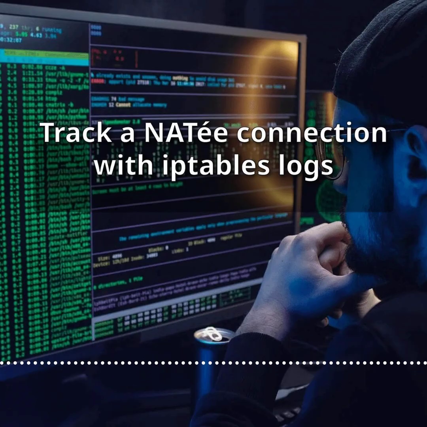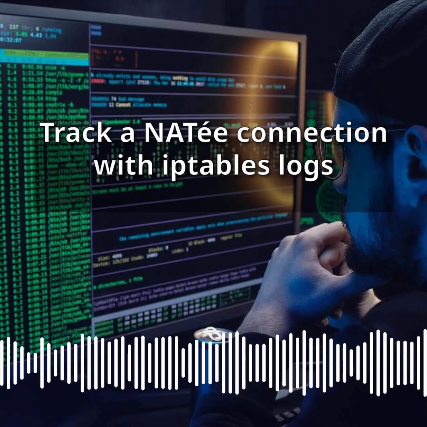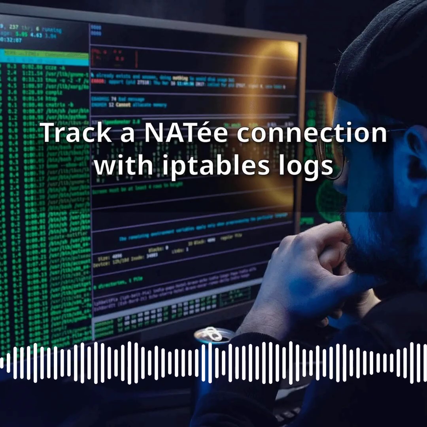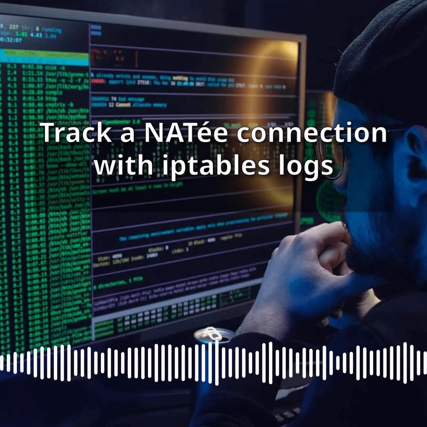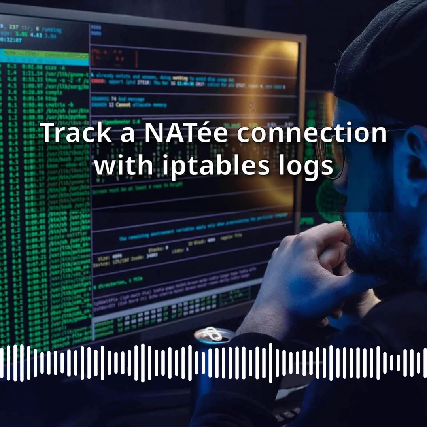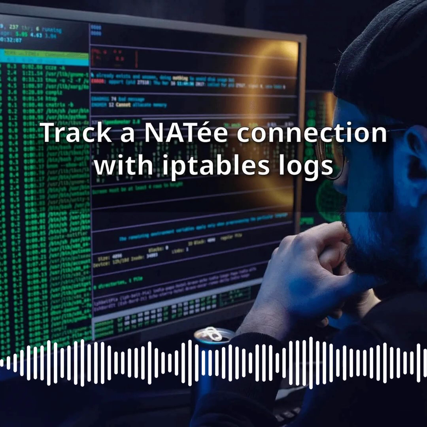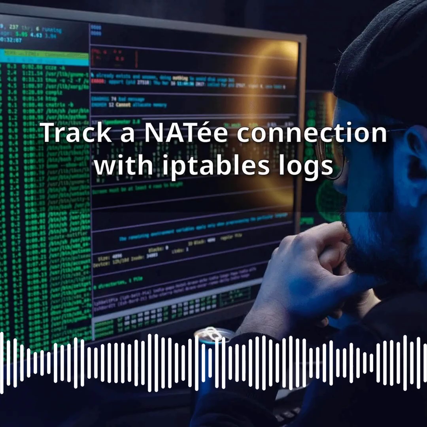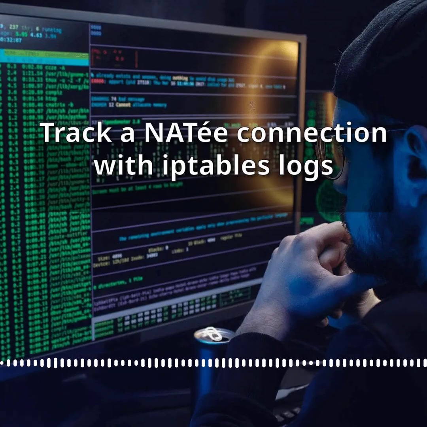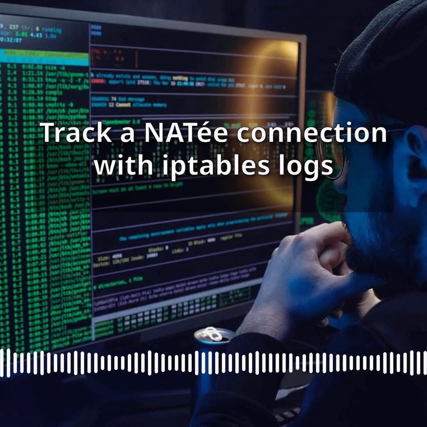Workshop brief. This workshop places you in the role of a junior network security analyst who must prove they can trace an end-to-end connection through a NAT gateway using nothing but Iptables log entries. The ability to correlate pre-NAT and post-NAT addresses is a fundamental skill in network forensics, firewall auditing, and incident response, all of which appear directly in penetration testing engagements when you need to understand the network topology of a target